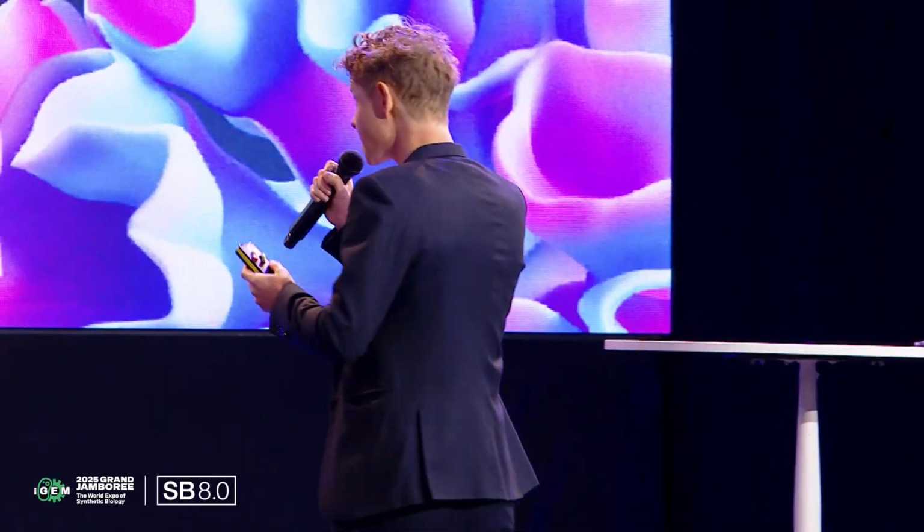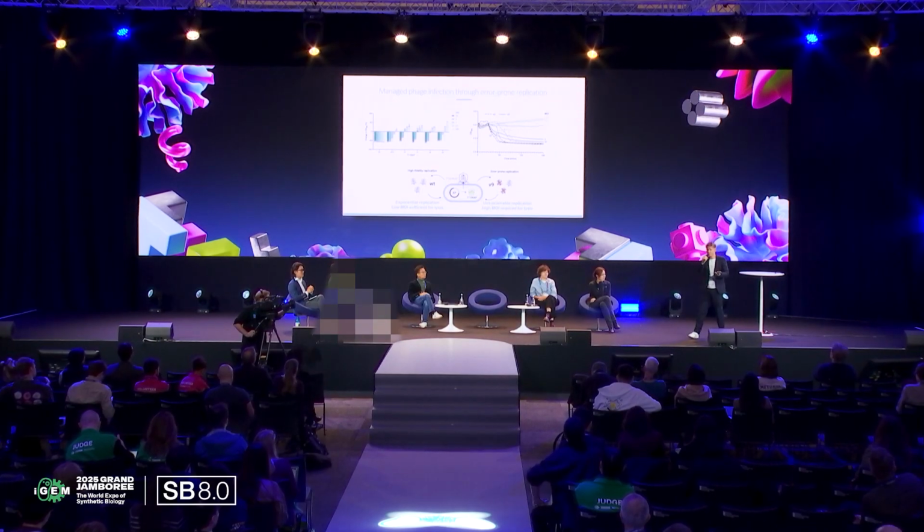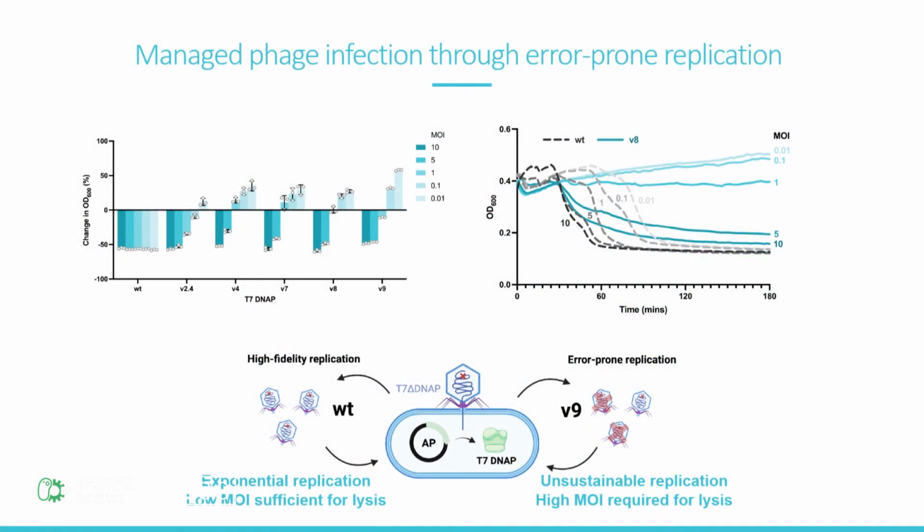Now, something fantastic happened at this point, and maybe it's not surprising, we just didn't think it through. When the polymerase is error-prone, the phage starts struggling a little bit. So when you see it up here, if you look at the very left, we see that an E. coli culture infecting by a T7 phage with a wild-type polymerase, the culture collapses. It's almost dose-independent. As soon as there is a little bit of phage, the phage is replicating enough that it is killing the cells. We're looking at the left part of the lower figure here.